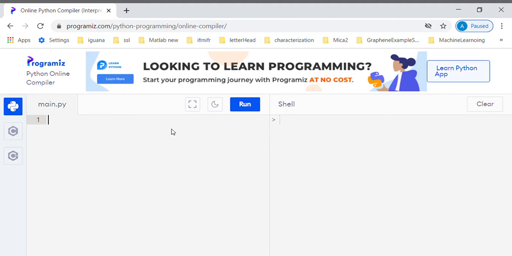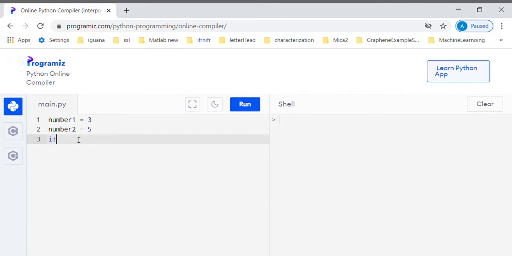To create an if else statement in Python, you need something that can only be true or false. So before we get into that, let's create a variable called number1. Okay, number1 equals 3 and number2 equals 5. Now let's create an if or else statement to see what is bigger. So if